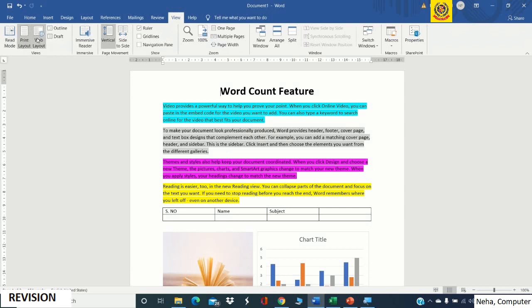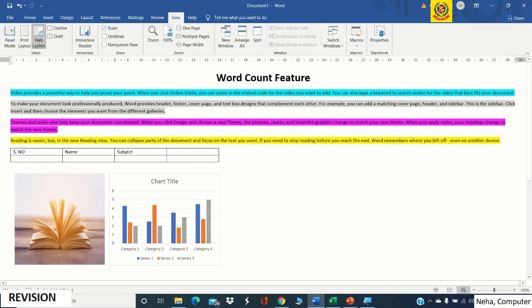Now moving to the web layout. Web layout means that our particular page is shown the way it appears in any online browser. So here our whole page looks as if we were seeing a website or internet site; our document will look like this.